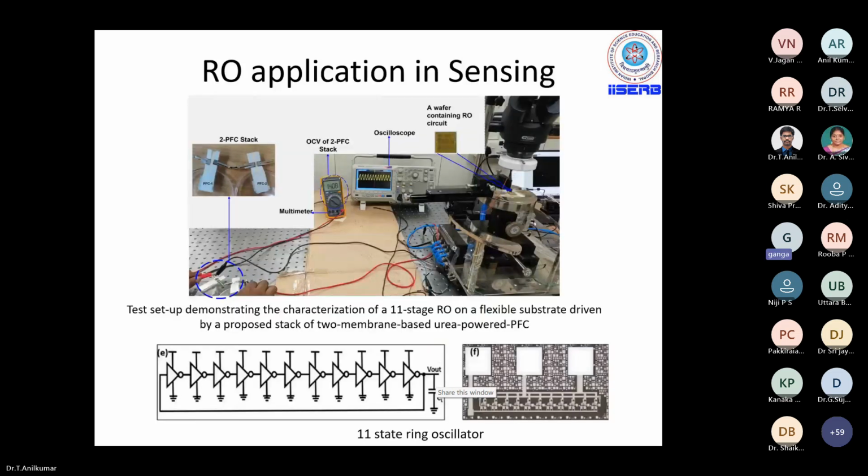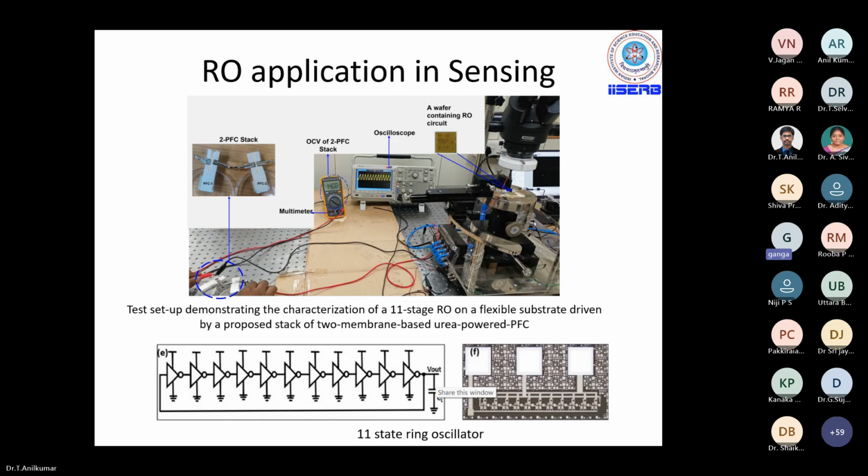So here we have done very interesting work in which this RO has been used as a sensor. This is a collaborative work with my colleague from the chemical engineering department. Their team has developed a paper-based fuel cell. Typically, when we want to turn on the circuits, we apply a power supply, right? So here, they have developed paper-based fuel cells. Basically, we want to have everything on a flexible substrate, even the power supply also. That's where this work came into the picture.